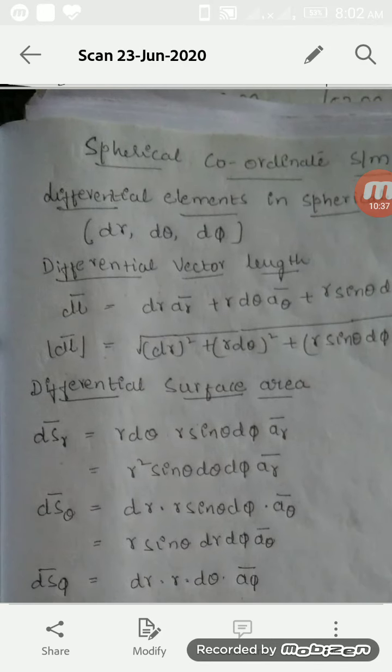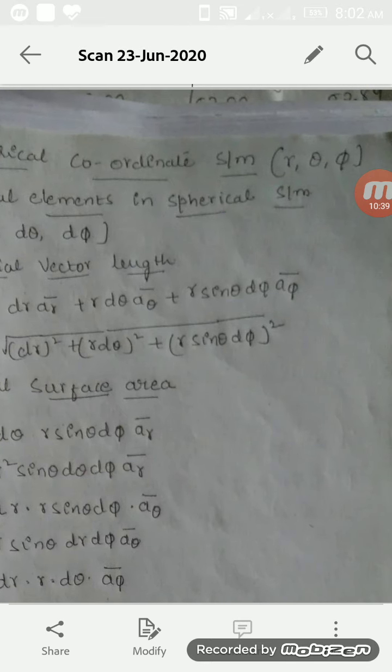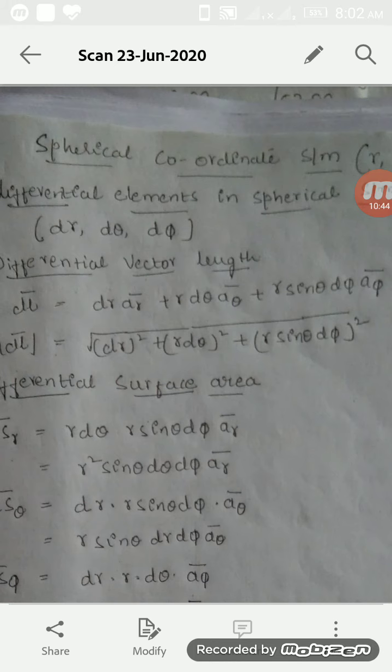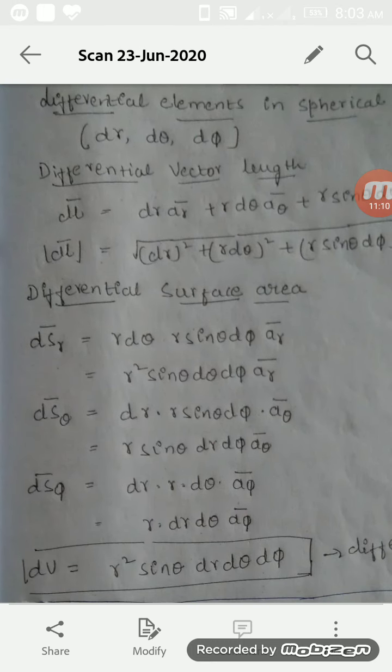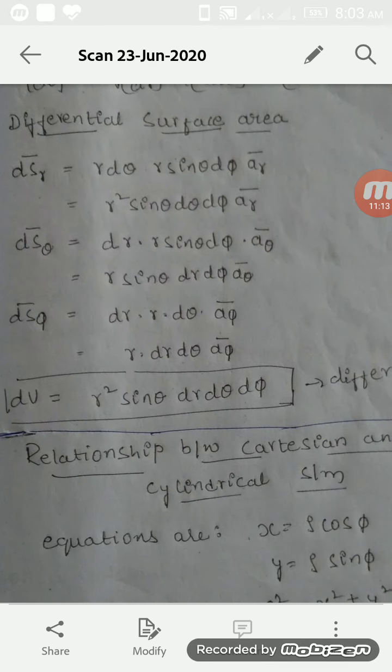The same thing applies to the spherical coordinate system, where the coordinates are r, theta and phi. That is important. We have two angles here. One angle is multiplied by r, so it is r d theta. One more is r sin theta d phi. That is important: r sin theta d phi. Because it represents a cone, you have to take the angle of the cone for the spherical system. Spherical does not have any axis, it is completely a sphere, so they go with two angles here. Differential length, differential surface and differential volume are also shown.